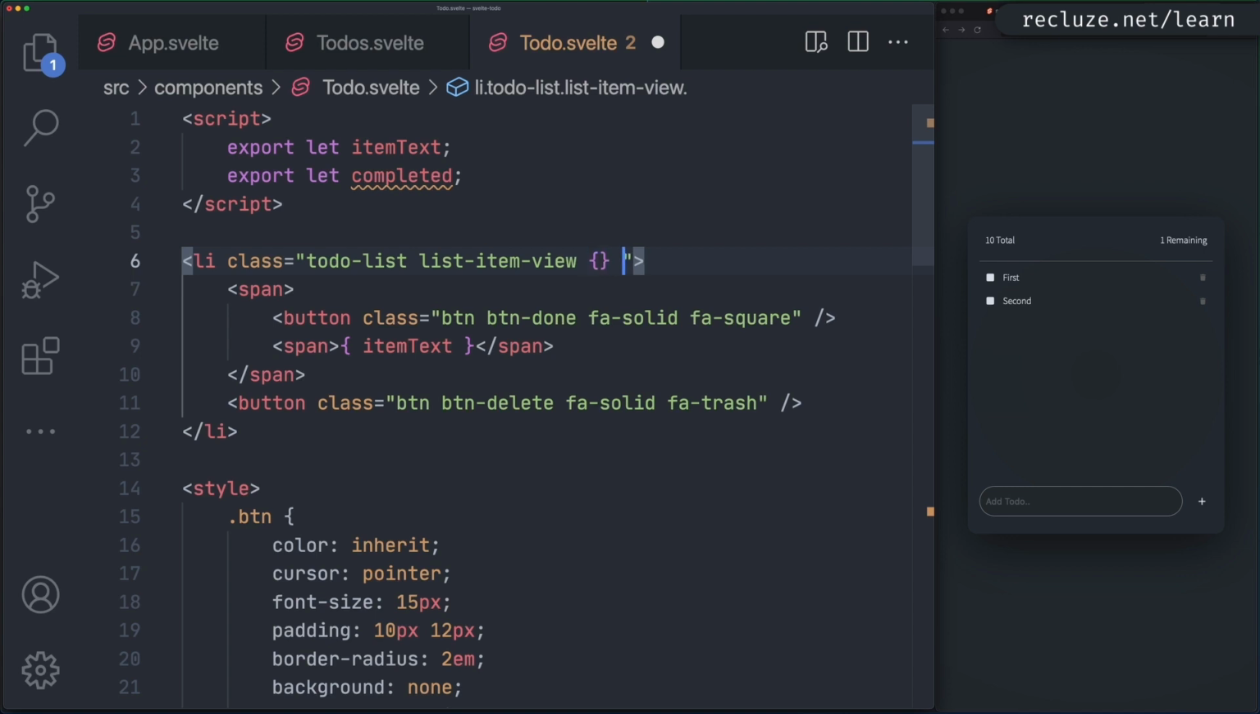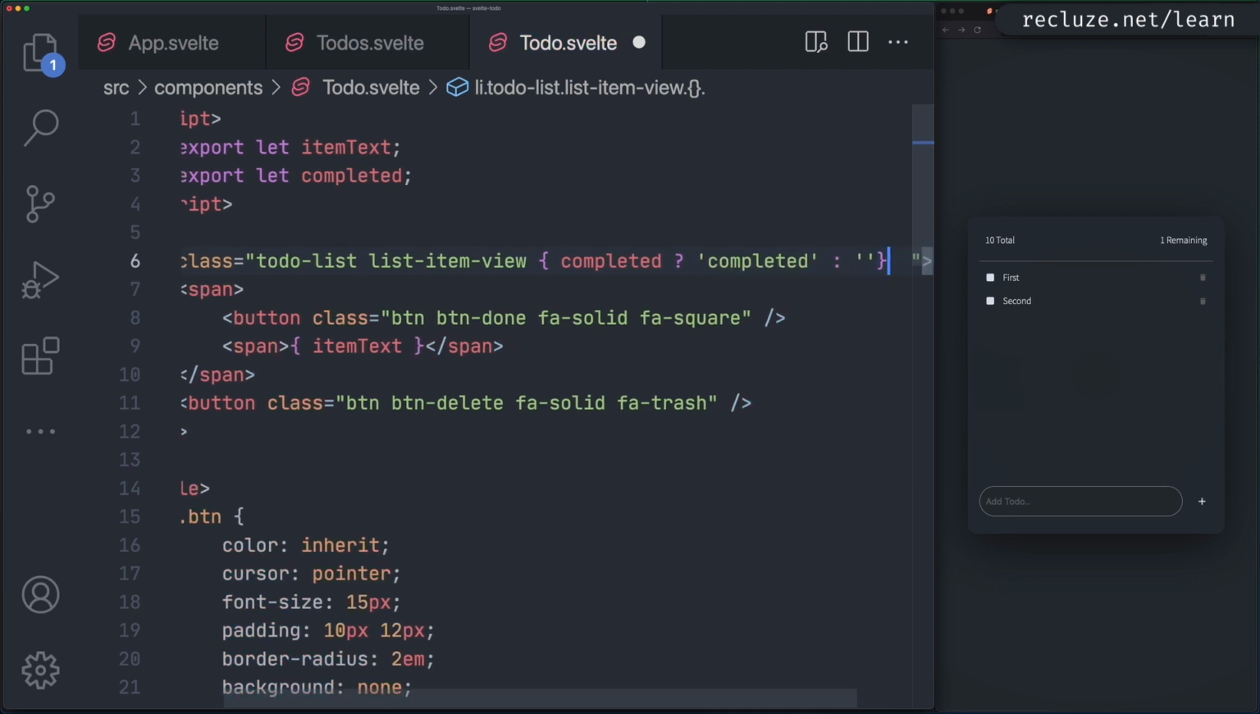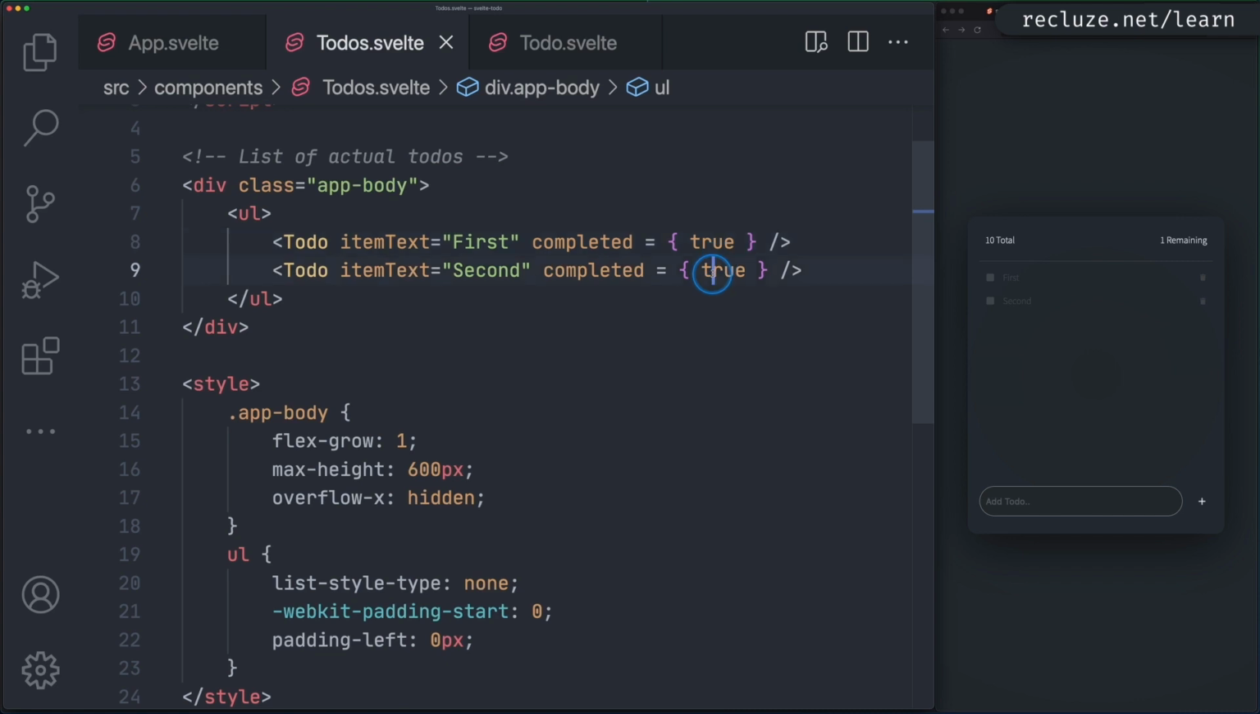So for that, we are again going to have some JavaScript over here, and the JavaScript is going to be: if completed, then add the completed class. Otherwise, don't add any class. Okay, so that is going to be the thing over here. As you can see, both of these are completed, so they have grayed out. We can turn one of these to false, save, and this is no longer completed. As you can see, with just a couple of bits of code, we are getting interactivity and reactivity for free